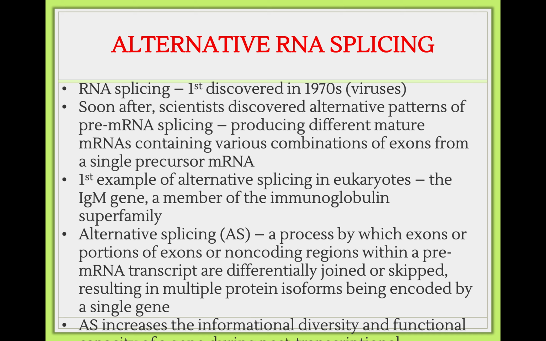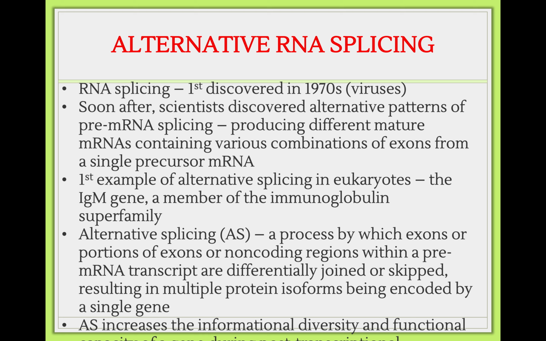So we know that, okay, this is a bit of the history of RNA splicing. It was first discovered in 1970s in viruses, and of course scientists later on discovered alternative patterns of pre-mRNA splicing, which produce different mature mRNAs containing various combinations of exons from a single precursor mRNA. So the first example of alternative splicing in eukarya is actually the IgM gene, which is a member of the